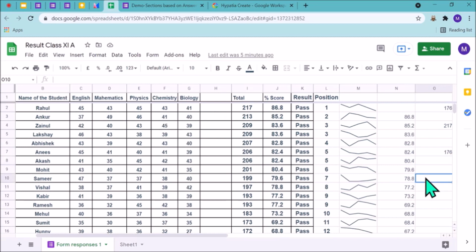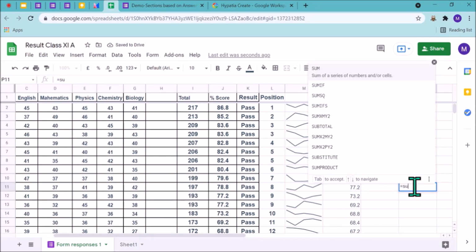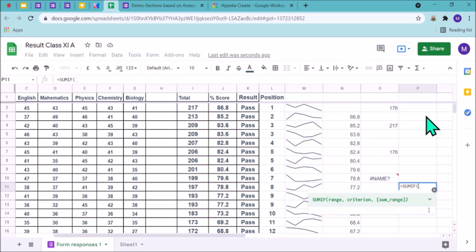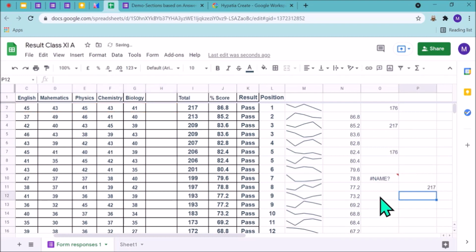Let me just type. SUMIFS. Marks there. It is coming here. SUMIFS, range. I have to choose the range. It itself is giving criteria. Criteria I have to choose. Suppose I am choosing not 0, I want to count. Greater than or equal to 0. Okay. Then close it. You can see 0 is left from here. 217. It was already the total there. I have just used this.